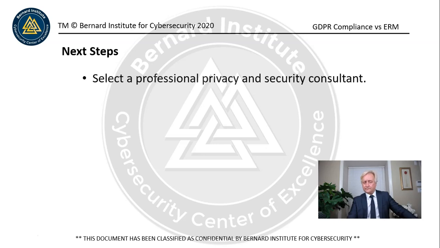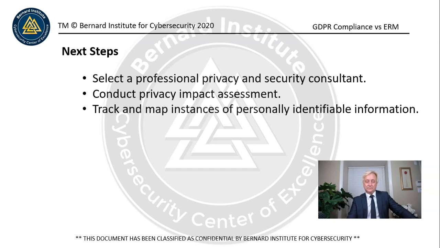Next steps, I recommend that you find a competent professional who's experienced with privacy and security, of course. I think that you need to conduct a privacy impact assessment to find out what your instances of personal identifiable information are and how they map to your organization. You need to do some data flow mapping, track and map those instances, find out where that data goes. Some organizations I worked with, they have a very clear map. In others, there's as many as 23 hops before a piece of data, a packet, gets outside of the organization.